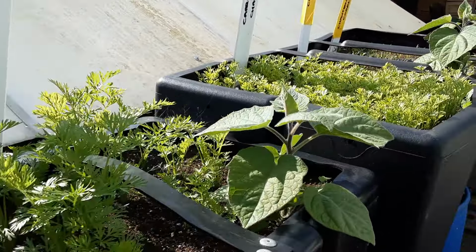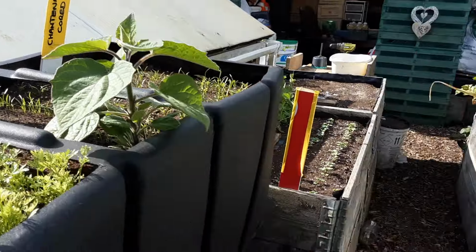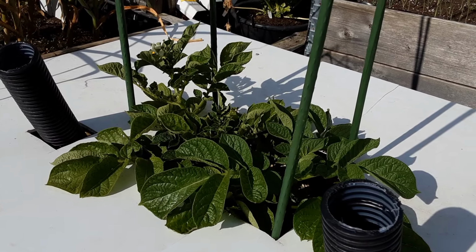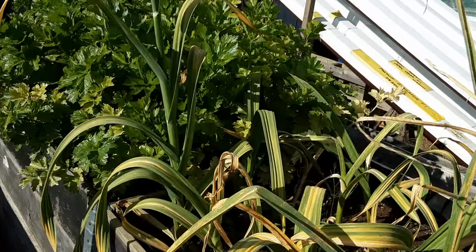And then as we run along, you can see we've done a nice successional sowing in and around the Cape gooseberries. And here's the performer. I just grew the chits off these. And my poor garlic, again in a future video we'll see what we get. That's the red Russian, and this is